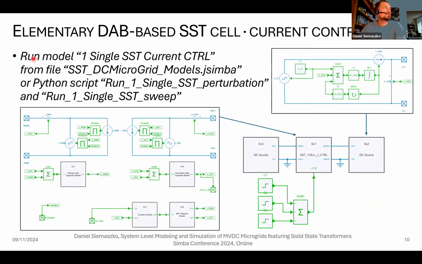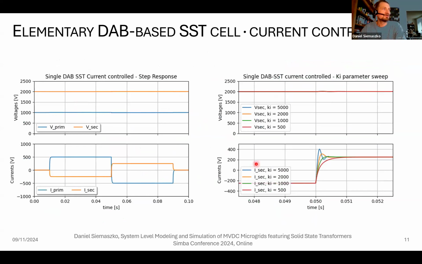In Simba, as you can see, you have a hint of which Python script to run. We have those sources, and in green, as you may know, the control side, or for example here, the implementation of the grid impedance as seen from the point of common coupling. This is the basic strategy that will bring us to run this model that will implement the dynamics of an SST as seen from its terminals. If we run it,